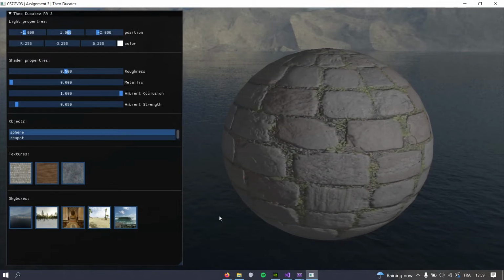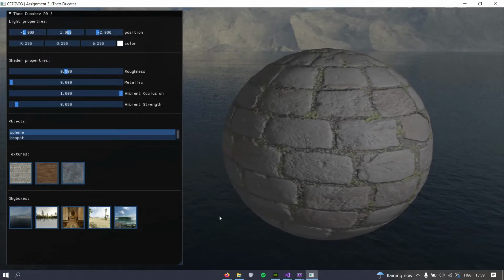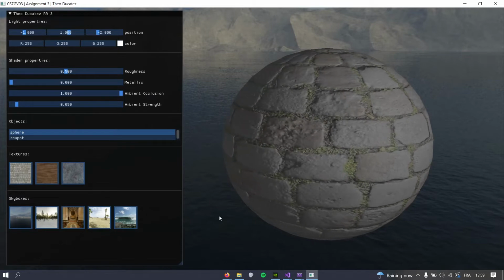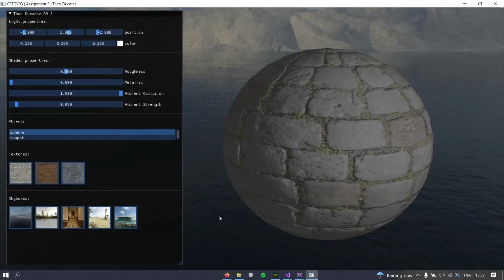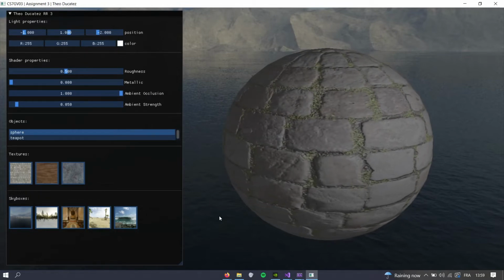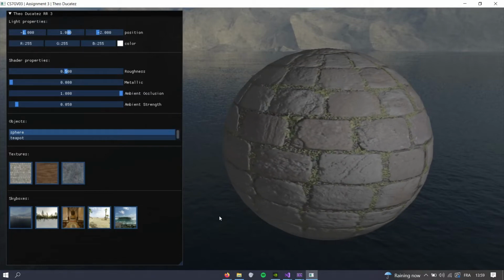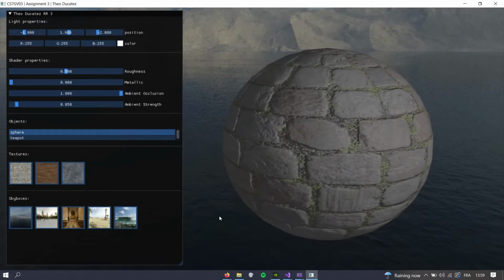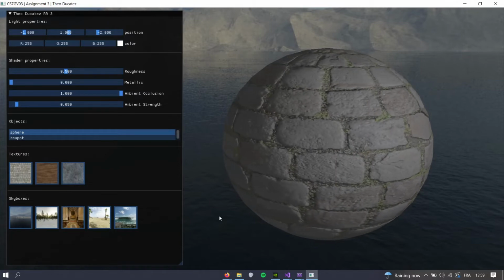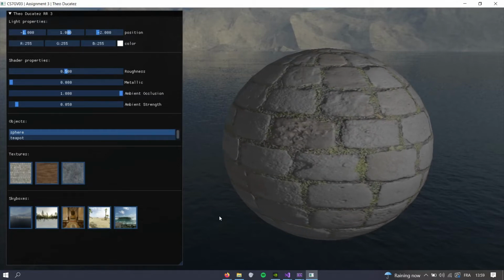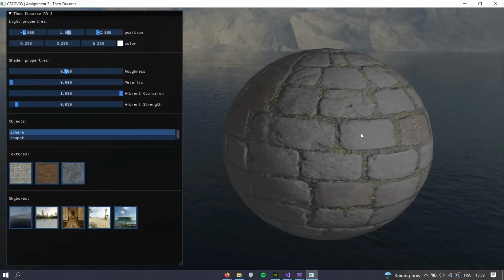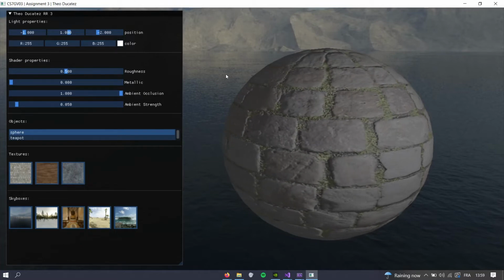So by changing the normal, we change the way the light bounces off the object and gives the impression that the object has relief, like has different heights on its surface, while it can be totally flat and not detailed. So in this demonstration you can see the object on the right, which is a sphere, and the